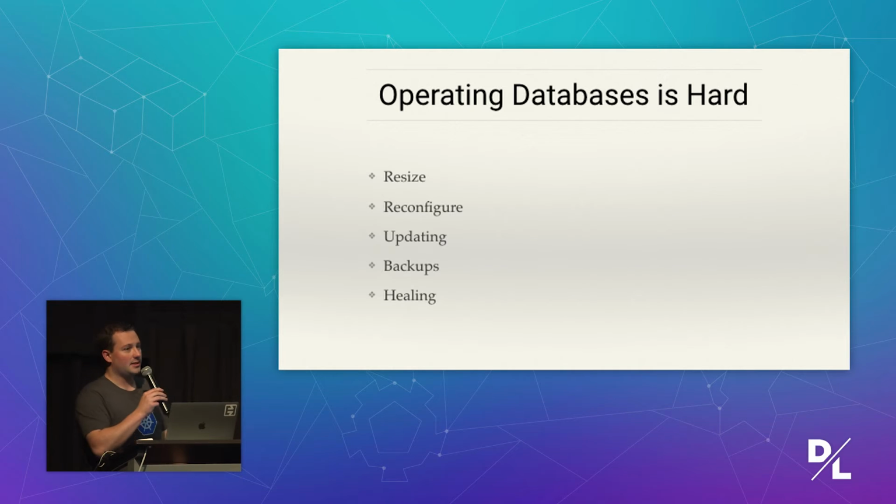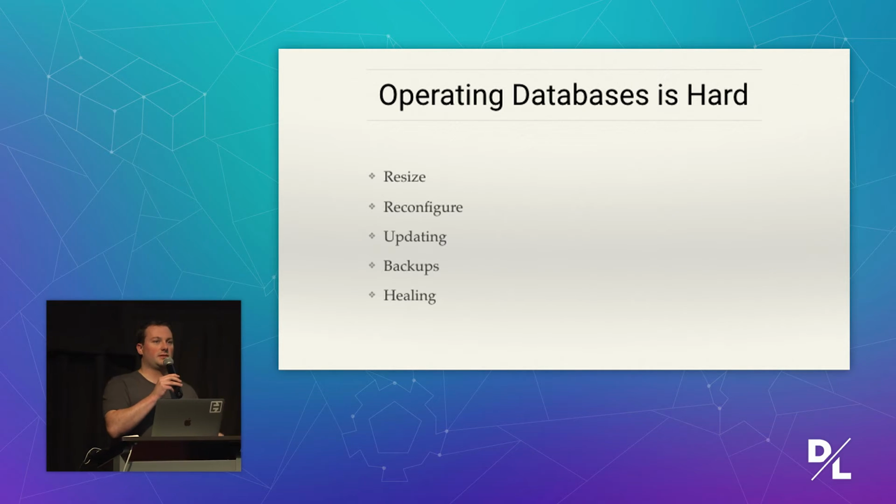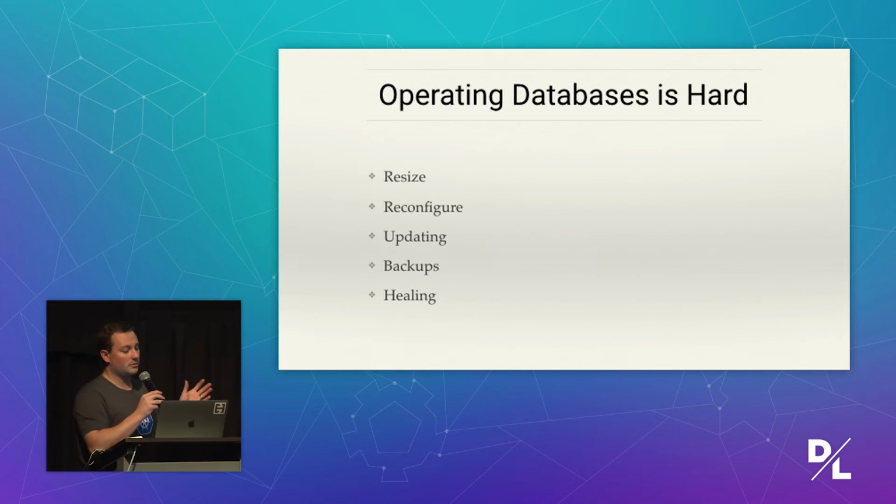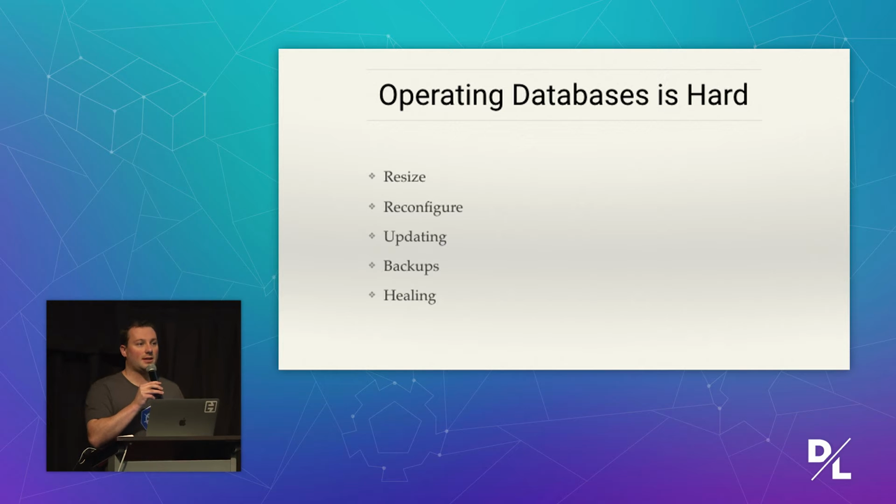But the reality is that these are all primitives. These are abstraction layers, the primitives that allow us to build those things, but they don't all exist for all the databases that you want to use. So if you're looking at trying to run a database on Kubernetes, it's likely that you will need to adopt either open source scripts or roll your own that are customized for your particular data problems. That stinks.